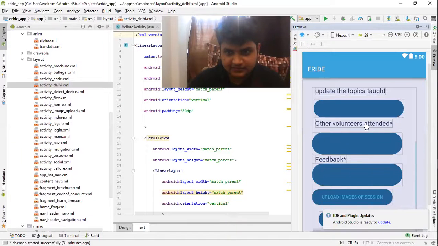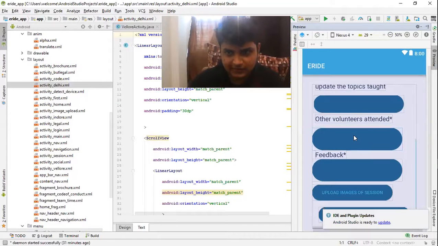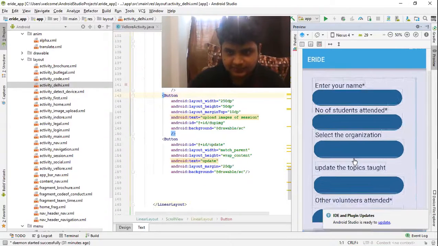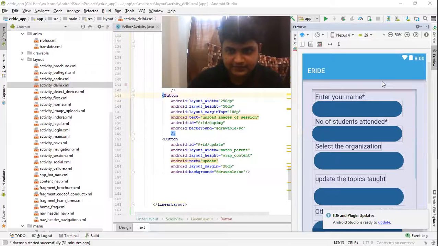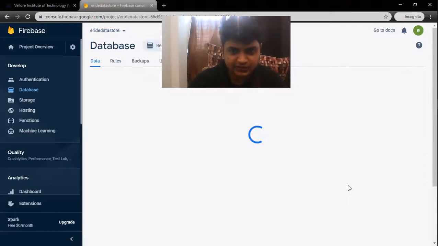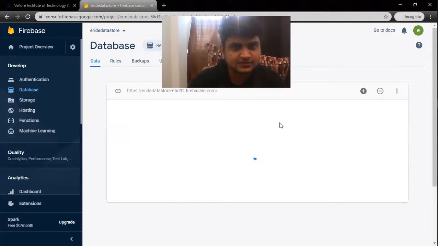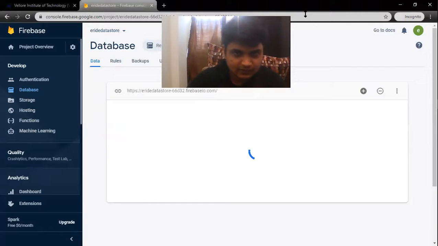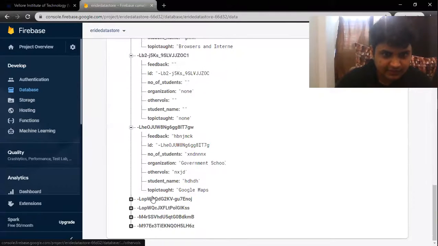So these are the data. Other volunteers who attended will also be giving the feedback. They'll also be uploading the images. So all these components I've provided. So when you go to real-time database, you'll see this here, and you'll be seeing here. Like you can see this here,